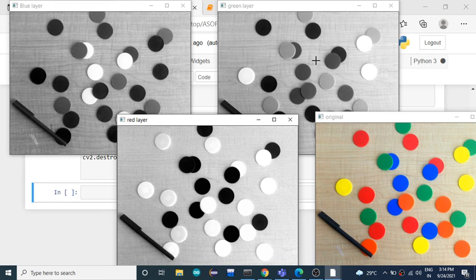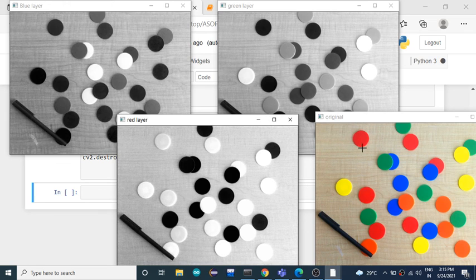So shades are different. Whatever pixels you are seeing here in the brightest color, those are all blue pixels. So this is the blue channel. Wherever you have seen blue whitest pixels, those are all the blue pixels. Here whatever pixels you are seeing, those are green pixels.